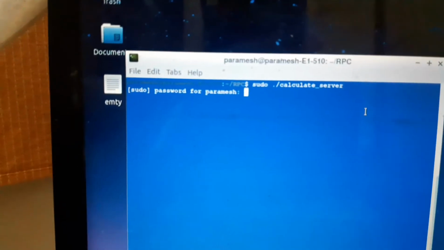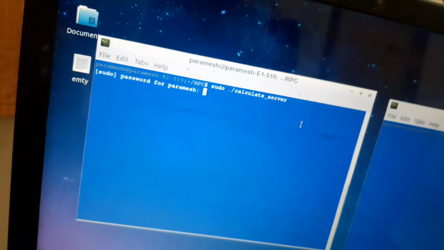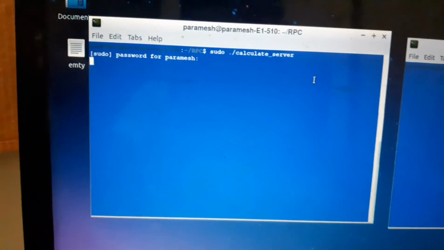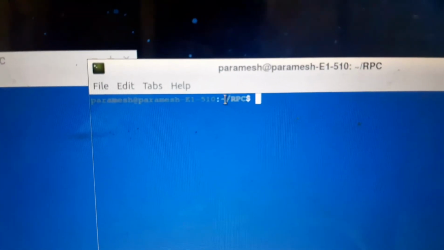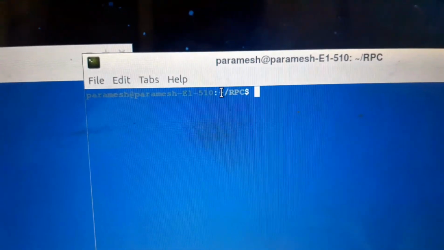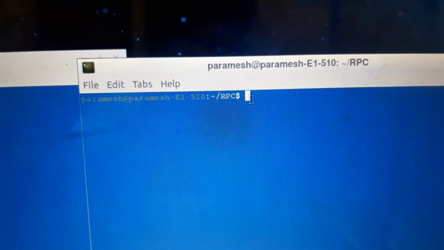Here it will ask for the Linux password. We have to enter that password and hit enter into the execution mode. Now here we have to enter into a new terminal, and enter cd space rpc file name, which I had entered before.